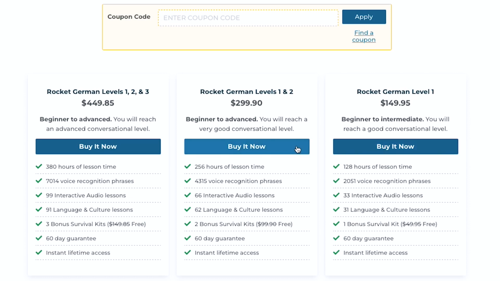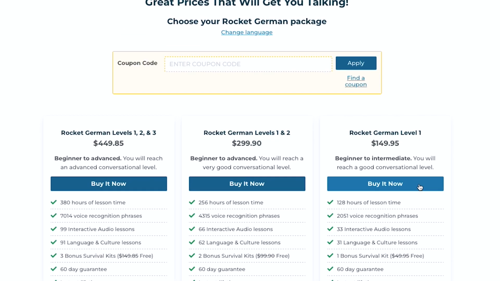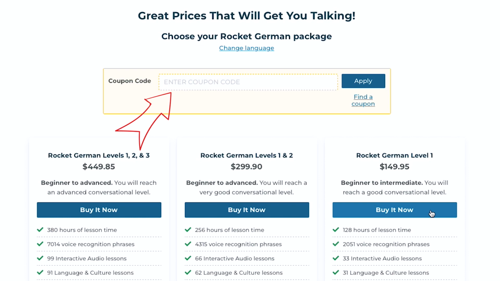The Rocket packages retail for around $150 to $450, depending on whether you want the beginner only, intermediate, or advanced bundle. So in terms of pricing, it's a little hard to compare because Rocket doesn't have monthly subscription plans while Rosetta Stone does. So if that's what you're looking for, it's kind of an open and shut case. But in terms of each company's lifetime plans, they're pretty equal in price. Like I said, Rosetta Stone's package can usually be found on sale for around $180, and Rocket Languages is super aggressive with their discounting. You can almost always find their courses discounted by at least 50%, if not more, making